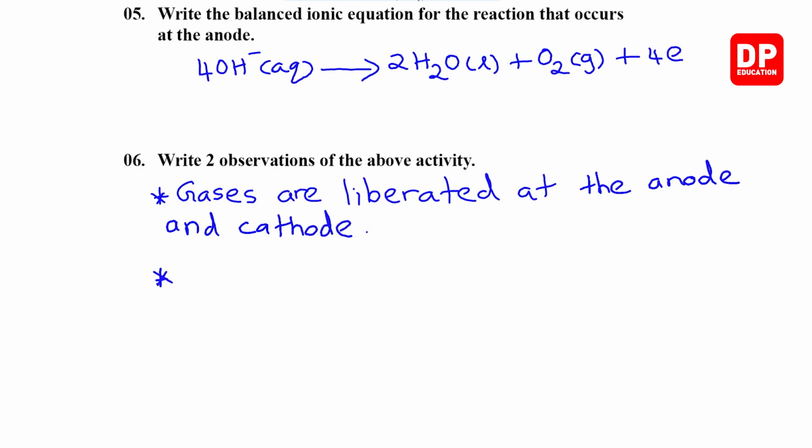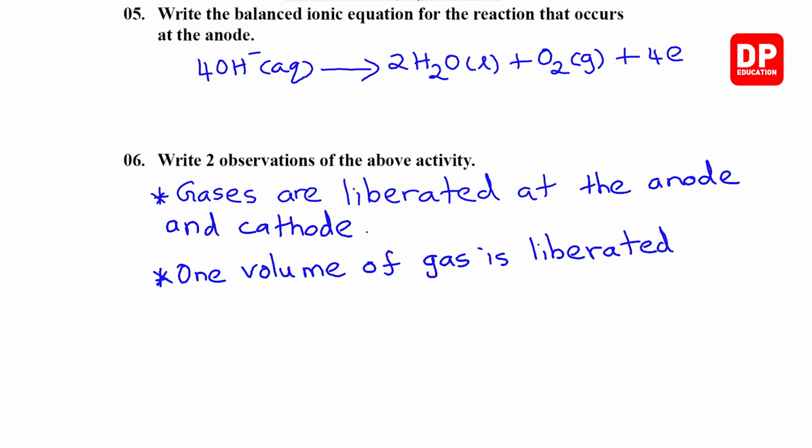Then 1 volume of gas is liberated at the positive anode, that is O2 gas,